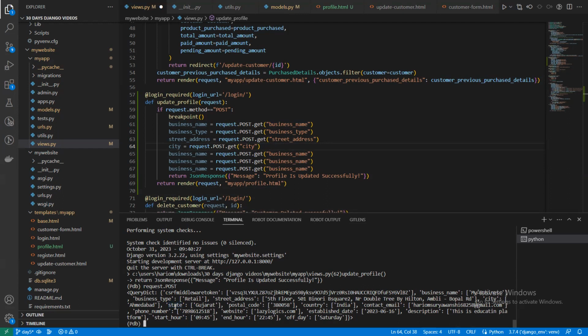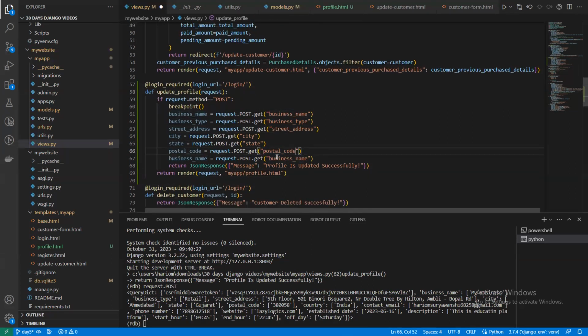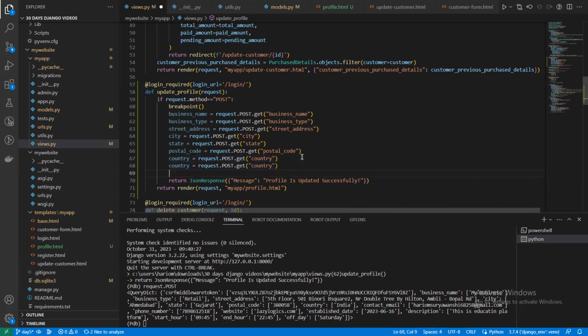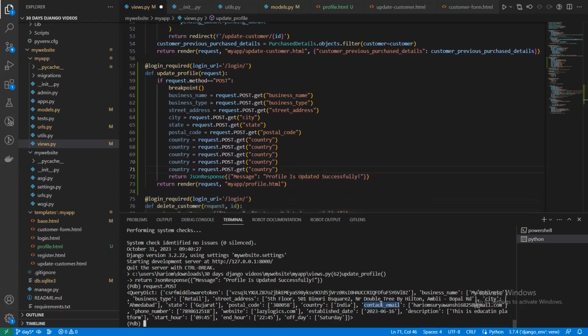State, this one is state. Postal code. Okay. Country. Then contact email,